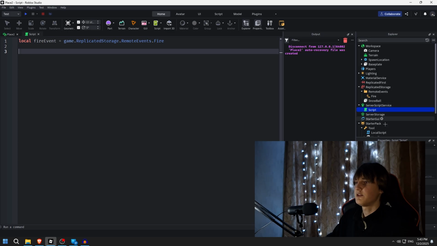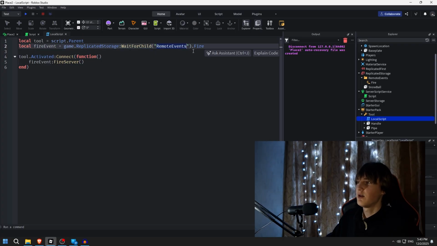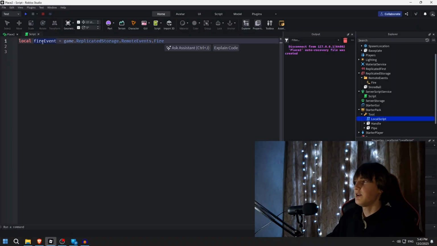And we should wait on local script. I mean, we should wait on client side because different players have different ping, and you know, it can take some time to load this folder. But once this folder is loaded, we already have everything. I mean, what am I talking about? I forgot. Anyways, so let's get back to this fire event and